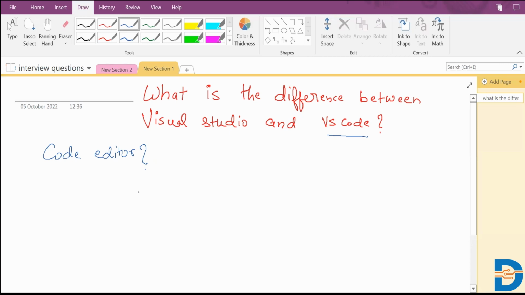We as developers, as software engineers, do the same thing, but we do not simply write text. We write a computer language, be it Python or Java, and it has a certain syntax. So a code editor is software which has several helpful features whenever we write code. Some of them are